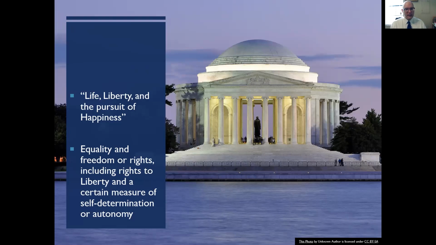Now that gets more complicated, because when you start talking about how you're acquiring things in the state of nature, you start to say, well, what if you're taking that from somebody else? Which again, we don't need to worry about right here, because Jefferson changes it anyways, or the document changes it to the pursuit of happiness, okay? So the notion is these rights are fundamental, they are self-evident, that all people have these things, and therefore, again, government should reflect that. What does that mean? What should government look like if it's going to reflect these self-evident rights that people have?